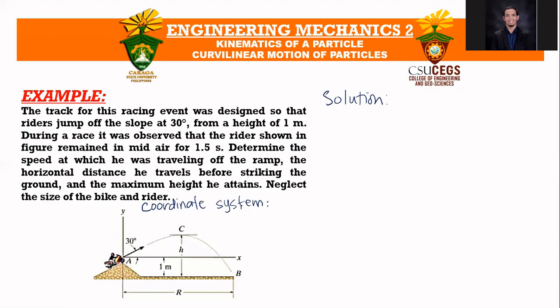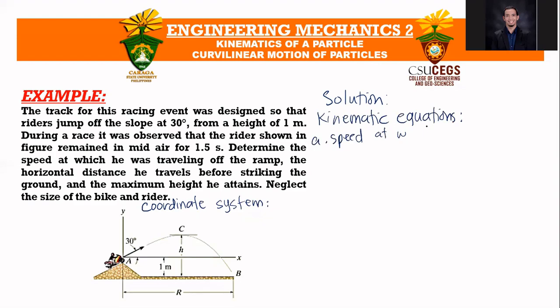So ang figure dire sa atong problem will be our coordinate system, and the next step would be applying the kinematic equation. So ang first na pangitaon nato is the speed